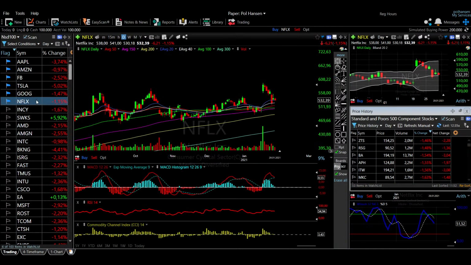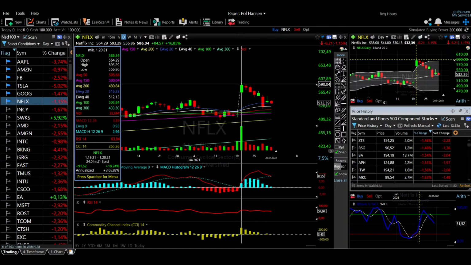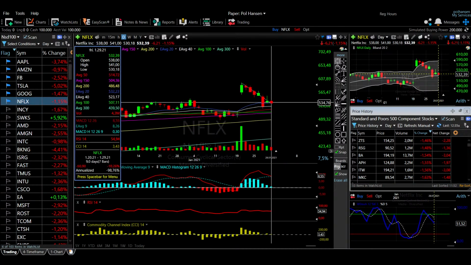Last but not least, it is Netflix, and as you can see, we had this enormous gap up due to their earnings release, and since then we have just fallen back down. So I was actually on the brink of buying it here, but I held back. I should have actually done that. It was a rally of roughly 18%. And since then, we have fallen where we are at the moment. From there, we have fallen roughly